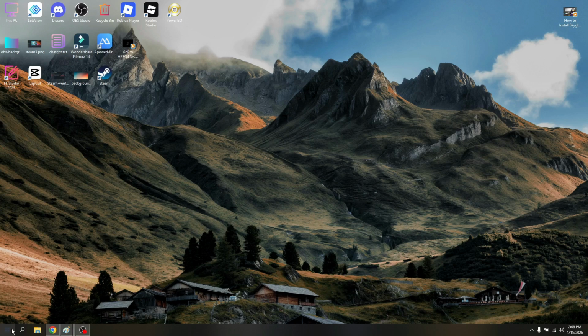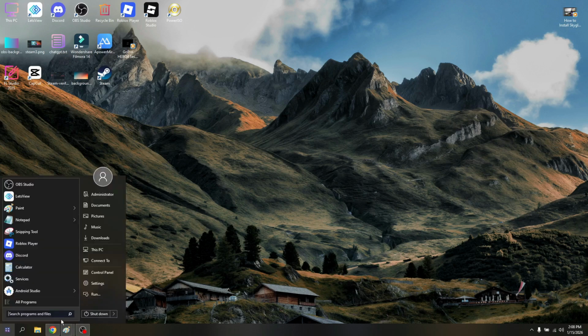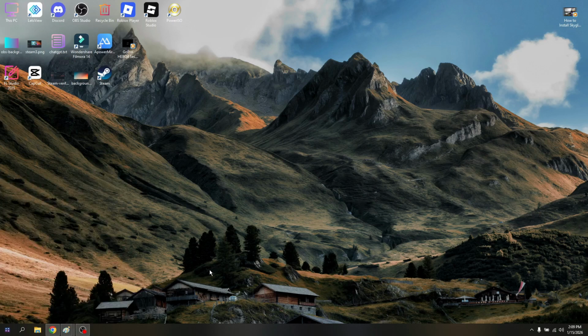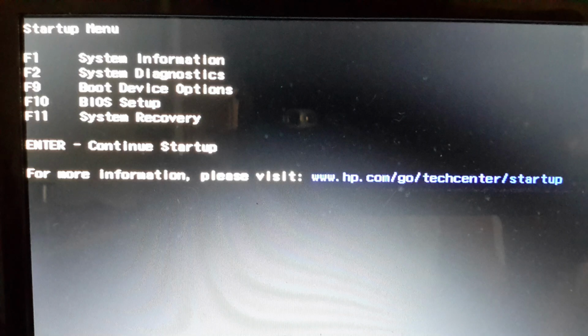First, head into the Windows icon or Windows search. Go into this option here that says shutdown and then choose restart. Now once your HP laptop is fully loaded, press F10 quickly on your keys and you should be able to see the startup menu. Now, from the startup menu, choose F10 and you will be redirected into the BIOS